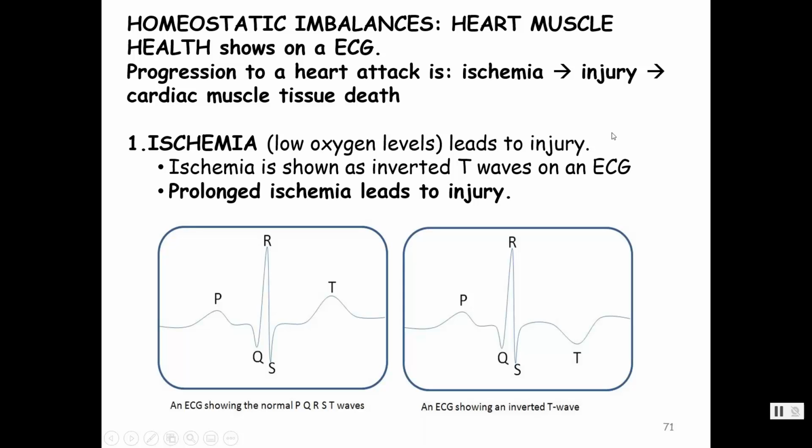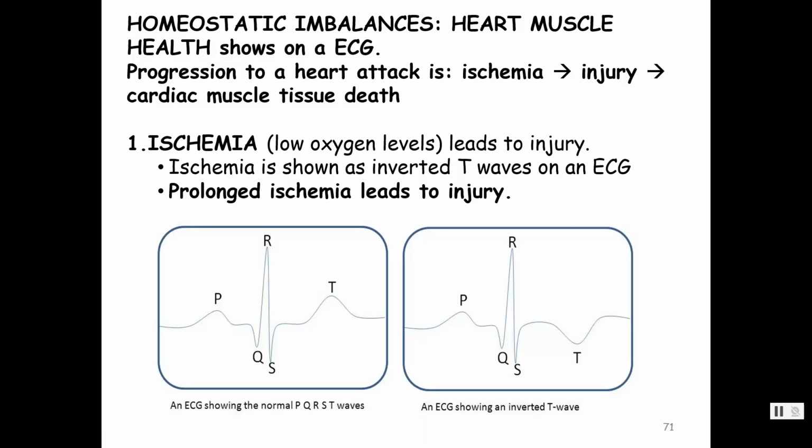So people go to have a stress test, and what they do is they hook a person up to an ECG and they have them walk on a treadmill. And so they're trying to increase oxygen demand. They can actually see if the heart circulation cannot supply or isn't being supplied with oxygen in that exercise stress-induced state. And so they'll actually see this T wave start to dip down. So they can read ischemia on an ECG. So they would have that person stop at that point, and then they would probably do an angiogram and check